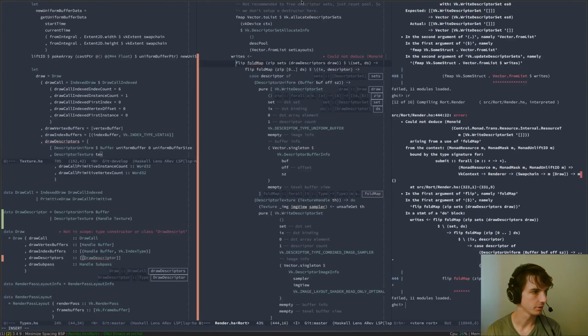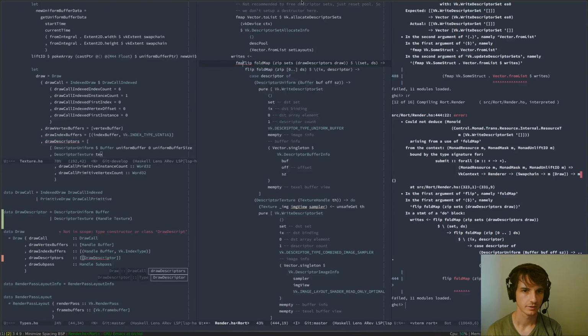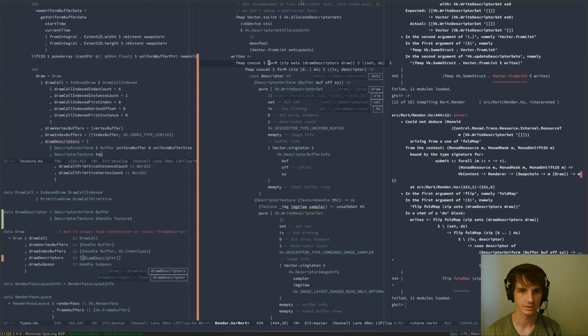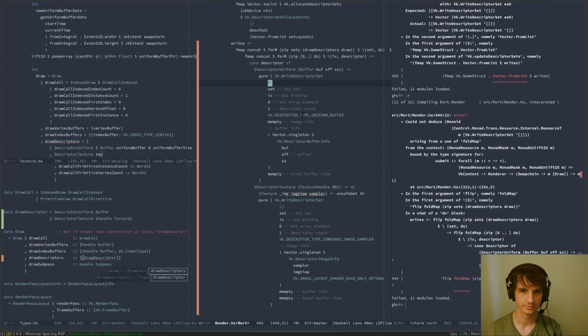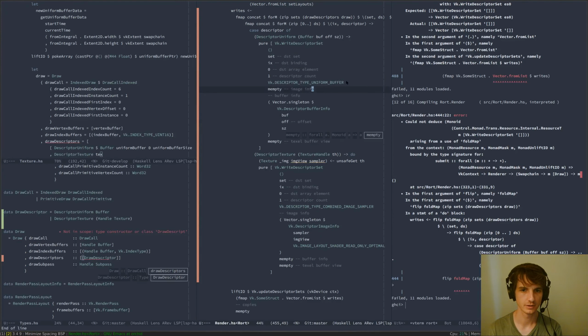Yep, we're going to need to forM this and forM this. Does anyone know a better way to do this? I'm wanting to use forM over the thing and then concat the results. I'll just do this for now, but